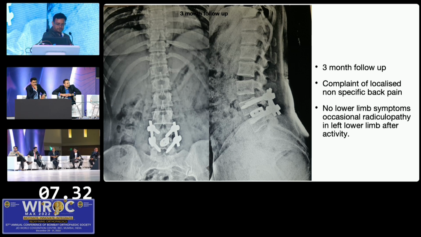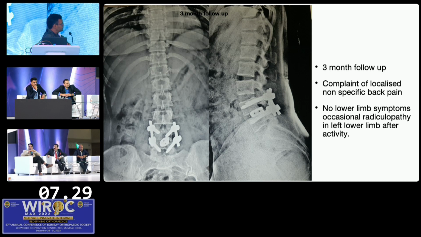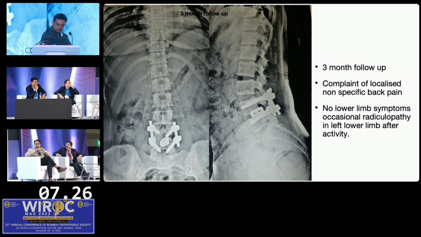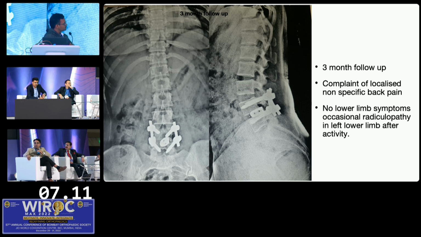I'd like to comment that we also have to see why it came back, and one of the reasons it comes back is that sometimes we don't do a complete discectomy. We keep a lot of spongy disc inside, and that causes pressure and pushes the cage back. Secondly, now that we have this situation and the patient doesn't seem to have much symptoms, you can't leave it like that because you don't know. With metal over the nerve, sometimes you can have a delayed onset neuropathy or weakness. So I have to take it out. I would take a call from all the panelists on this side. What would they like to do?